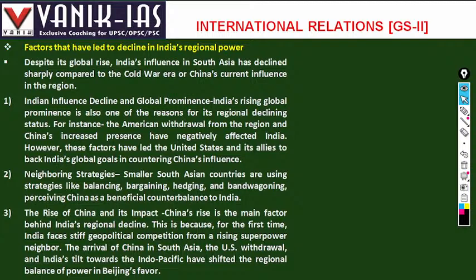The rise of China and its impact. China's rise is the main factor behind India's regional decline. This is because for the first time India faces stiff geopolitical competition from a rising superpower neighbor. The arrival of China in South Asia, the US withdrawal,